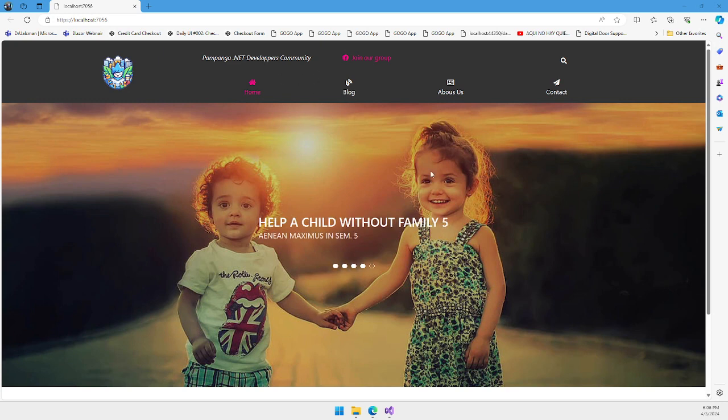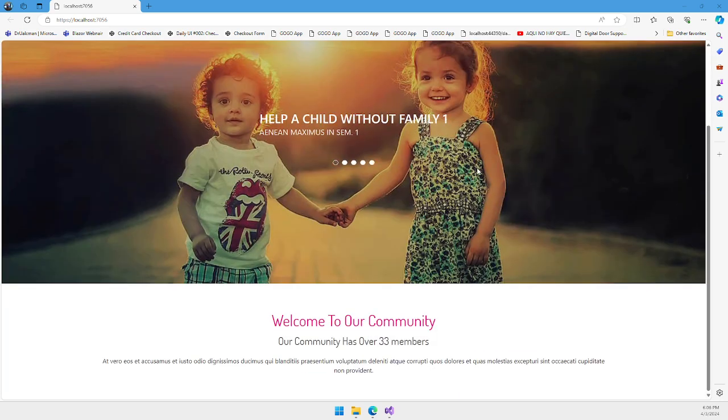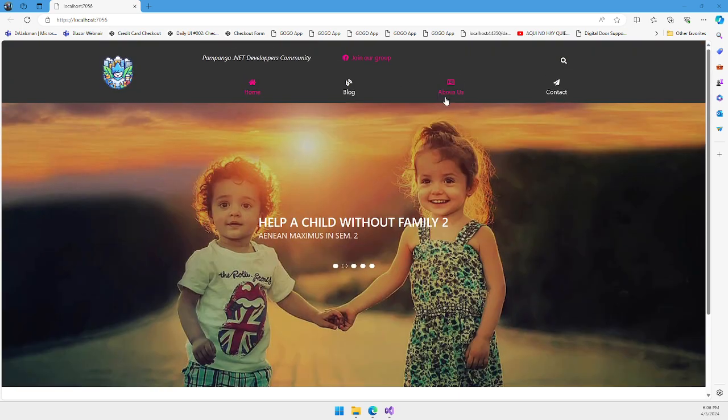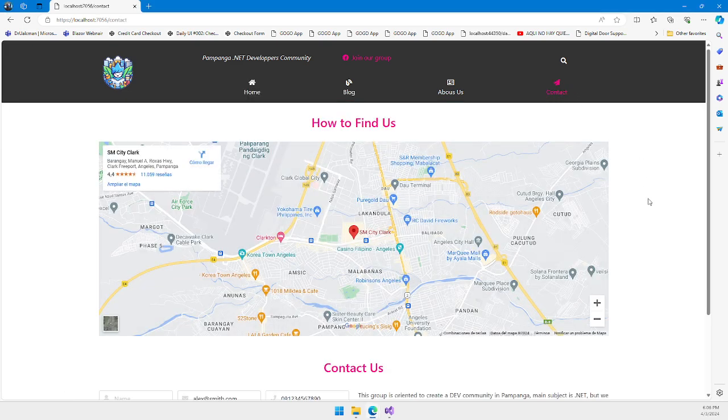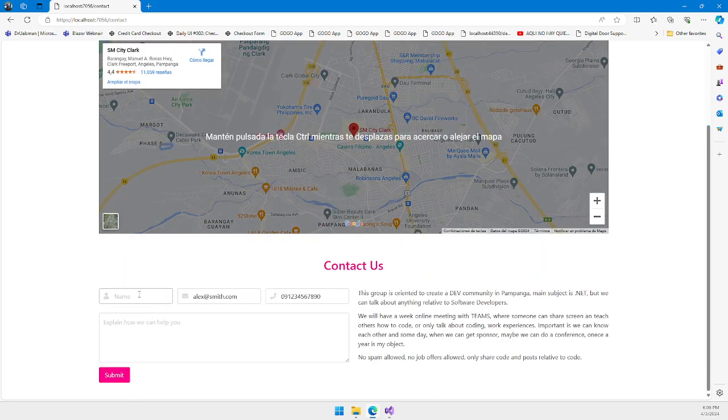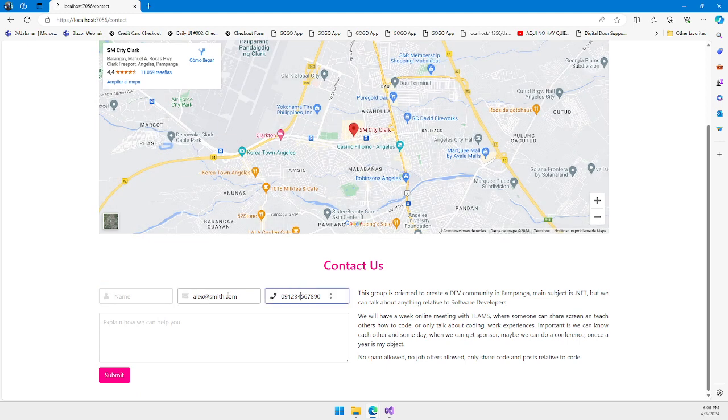Last day we almost finished the main page, and we said today we will do the contact page. So we already have some in the contact, and we already have also the form. So we're going to implement